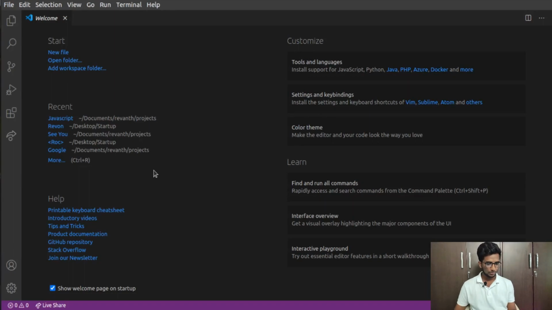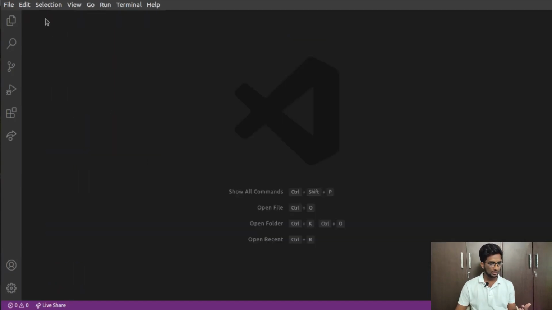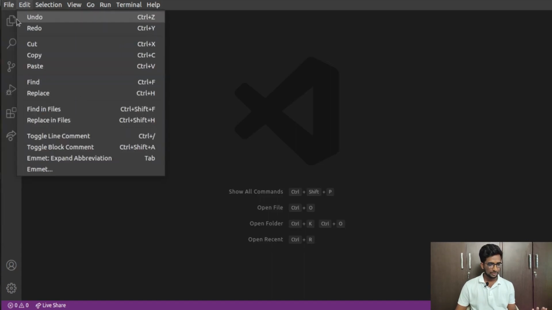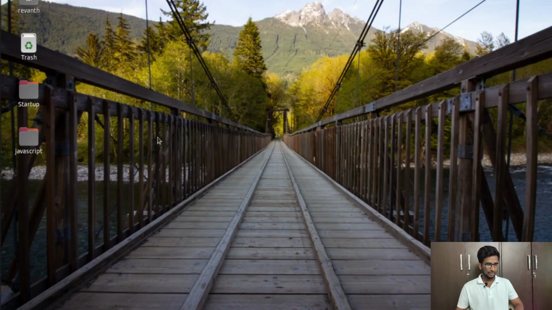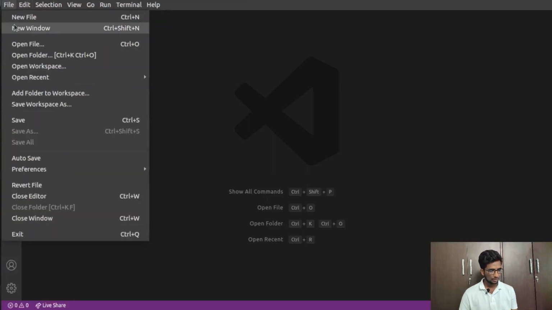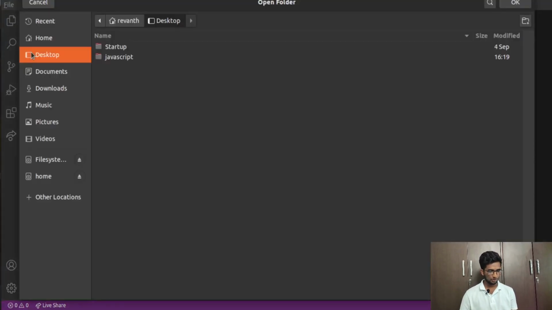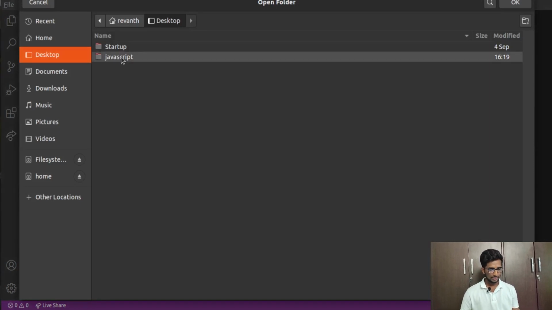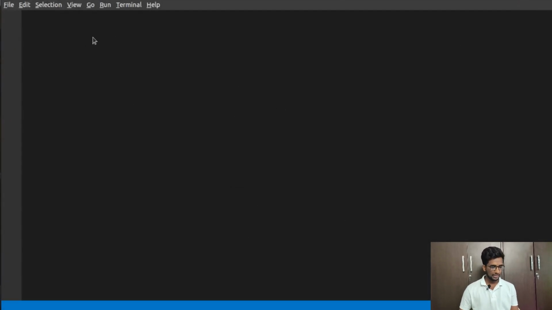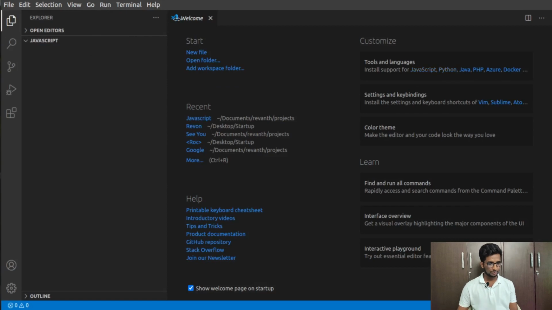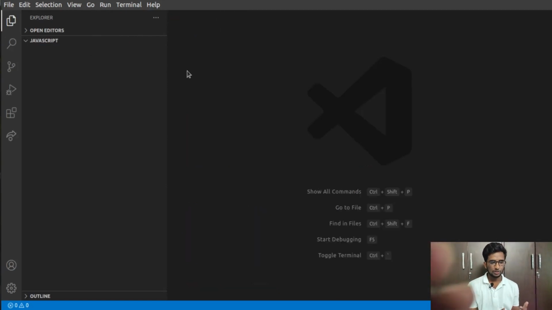Visual Studio Code. So first what you can do is, either you can just go directly here and create a file, or you can open a folder. I've just created the file name, and if I go here and click on open folder, this is the path which I have given. I'm just going to click on OK. Now you can see this is the file which I have created with the name JavaScript. So yeah, now the file has been created.